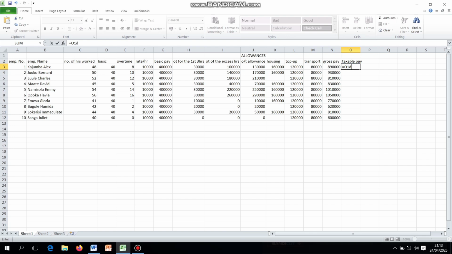So let's come here, we write our deductions. Oh, sorry, this we shall also remove. Let's come here, we write our deductions. Our deductions will be, we shall write local service tax, and to get our local service tax, because it was given to us, we are going to use the formula, which is equals, we shall write IF, we open our bracket,